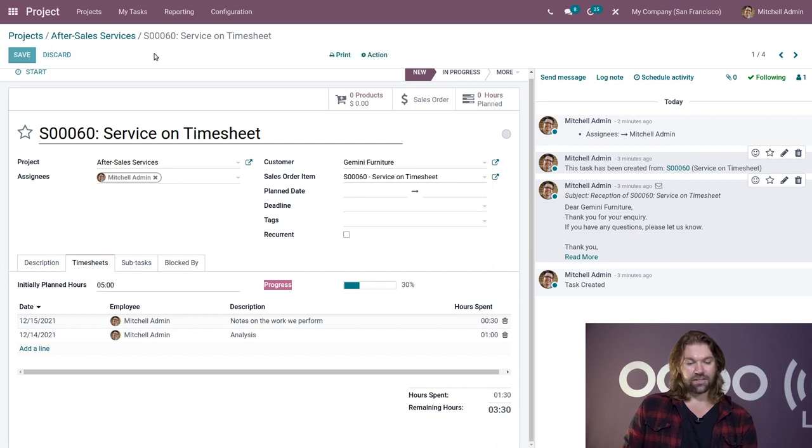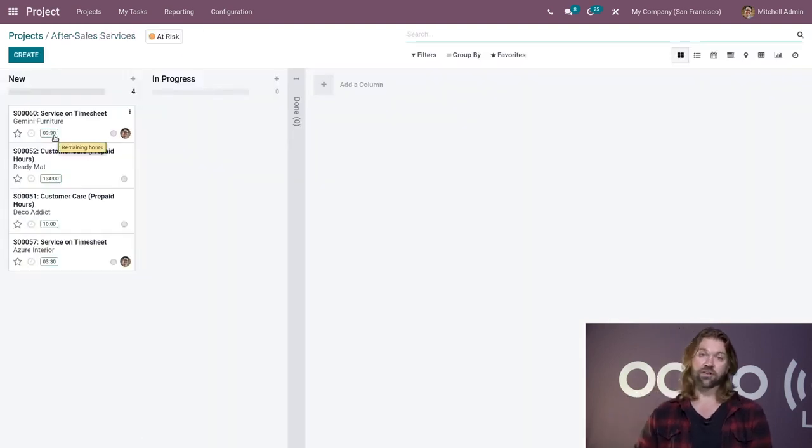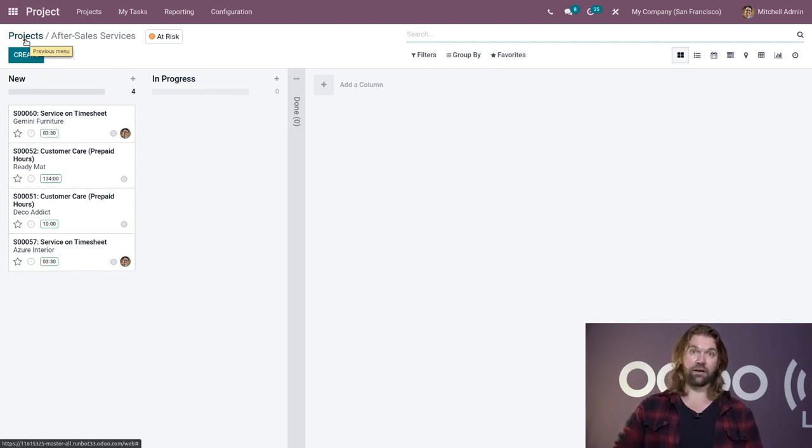And now we can save this, and let's go back to the Kanban view, where management likes to see everything. So we'll follow the breadcrumbs back a step to see now that 5 turned into 3.5. So it's easy to see how many hours are left, and if it's low, we can easily re-up it. Now, one thing I didn't show you was the fact that we can add a threshold so that when the pack gets low or the hours get low, we could actually inform the salesperson to make an upsell. But let's go back to the sales order